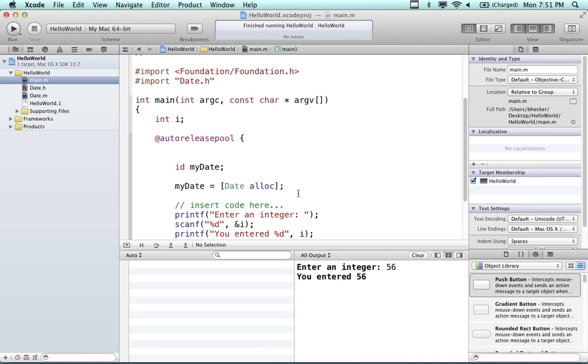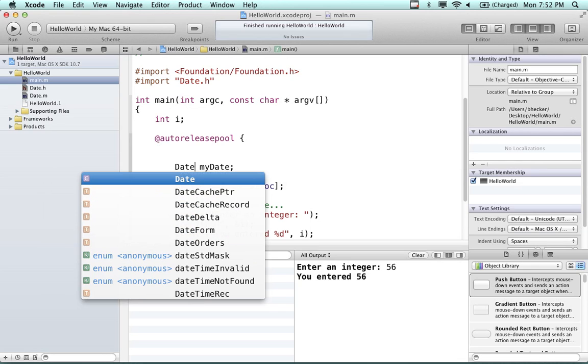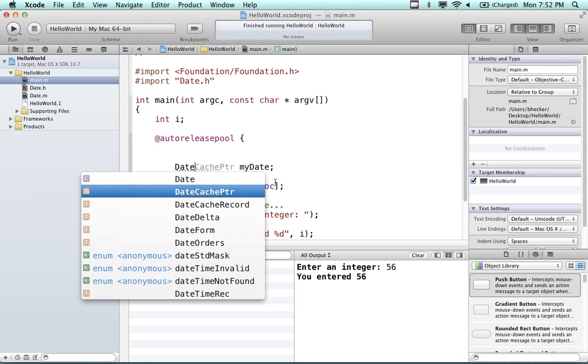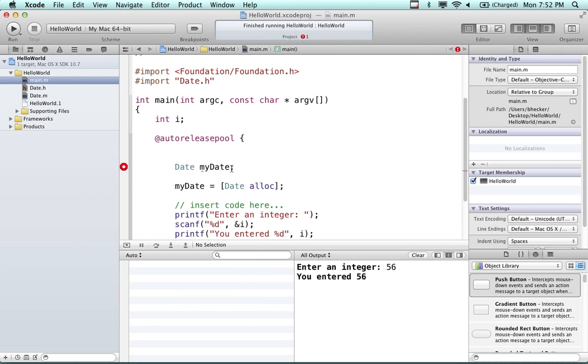But my ID type was my data reference. So this is the reference to the object that I'm going to create, which I haven't created yet. So I could do this all in one shot. And I could not use this as a date. I could do this as an ID: I can go date, my date. That's more common, actually. But in order to do that, we have to allocate the date. So my date is going to be equal to